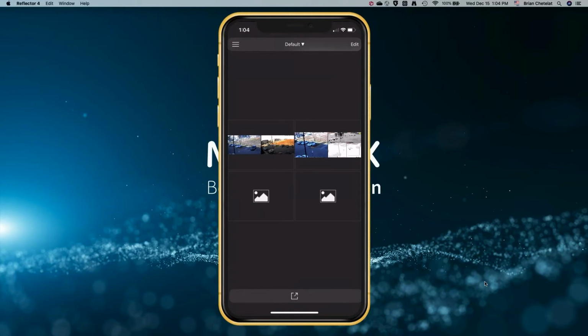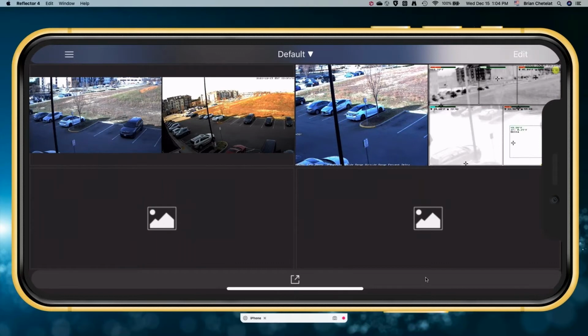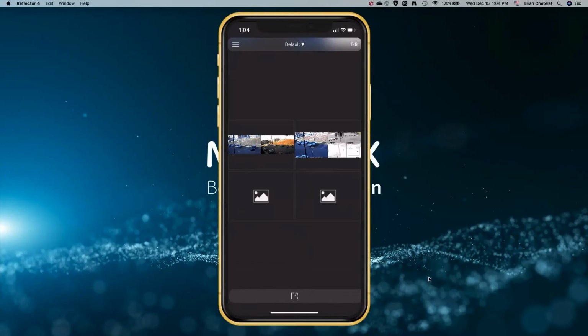The phone on the screen that you're seeing is just like you would be looking at it if you were holding it in your hand. You'll see it react as I turn my phone sideways to landscape, or if I come back to vertical. The phone on the screen is going to act just like the phone I'm holding in my hand right now.